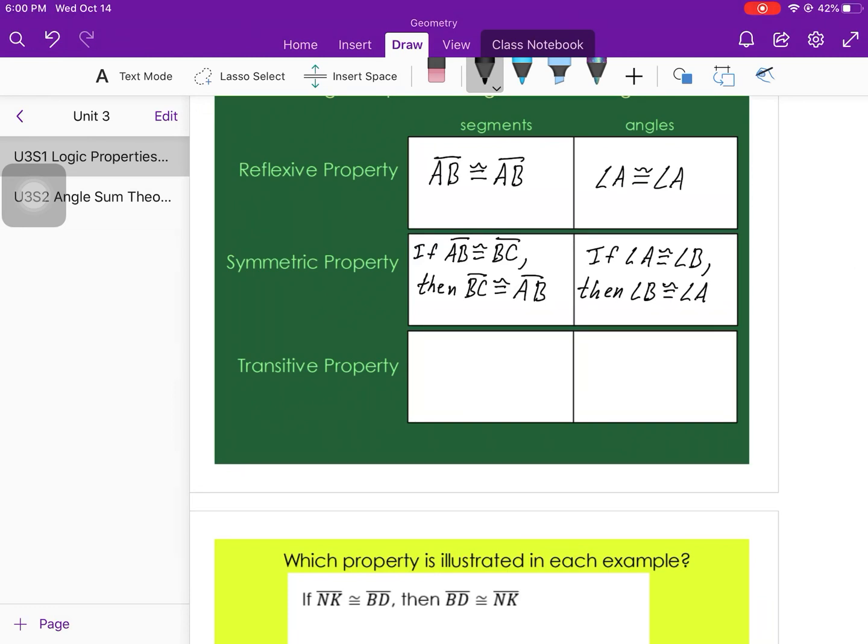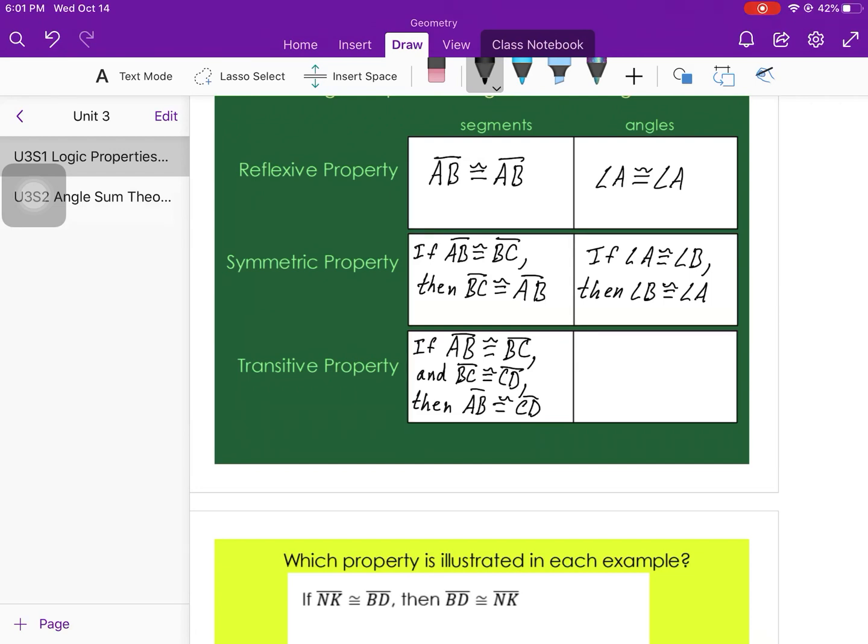Now, lastly is the transitive property. This one's usually the easiest to remember. And I'm sure I will do a birthday example once we get into class, or an age example. So this one is if AB is congruent to BC, and I'm going to run out of room on this one, BC is congruent to CD, then AB is congruent to